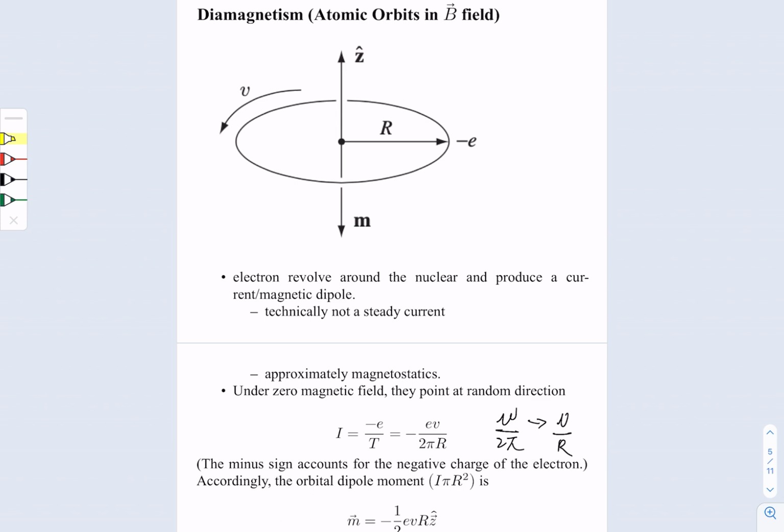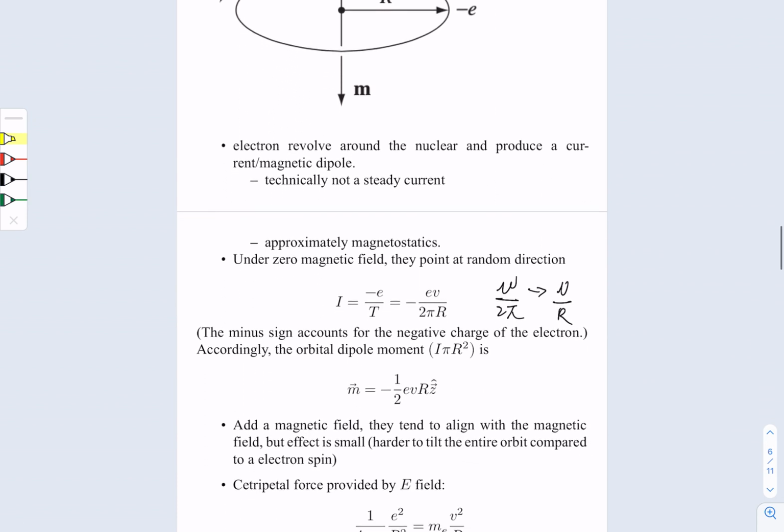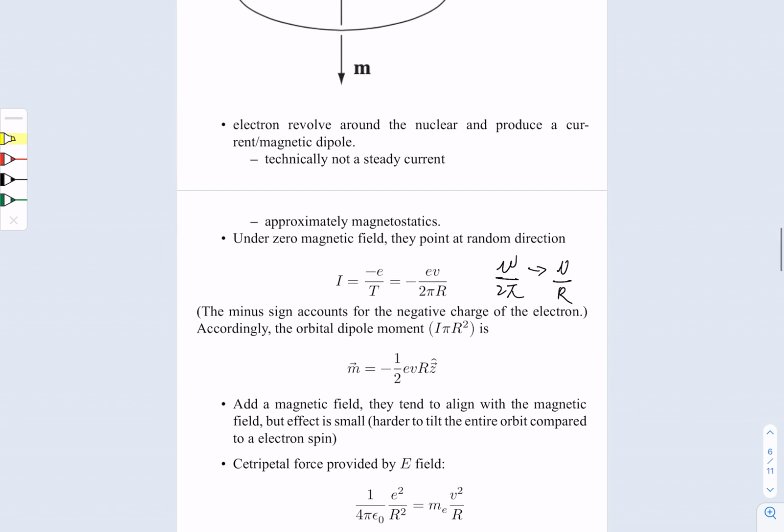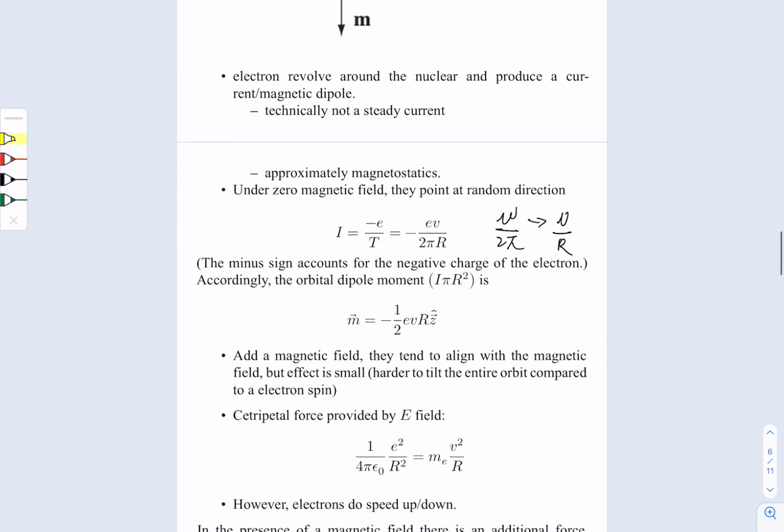That's because if you use the right-hand rule, the current is going in the direction like this. So remember that the velocity is in the inverse direction of the current, because it is for the electron. Now, if we add a magnetic field to this problem, we've already discussed this point, and now